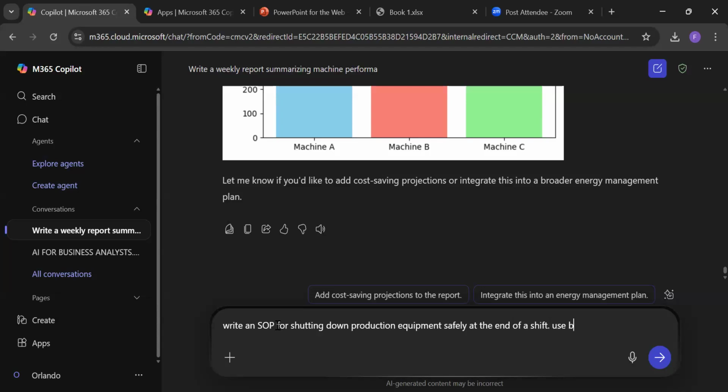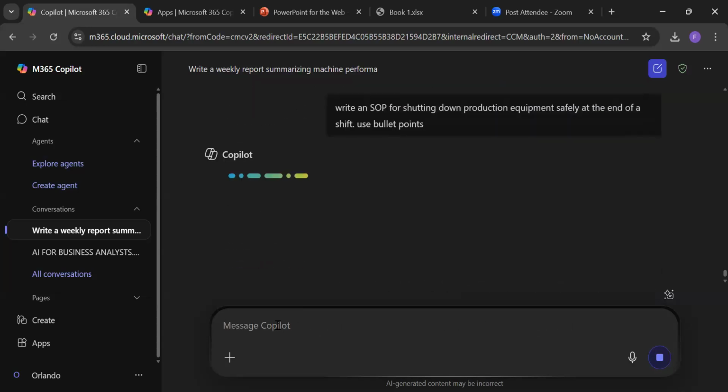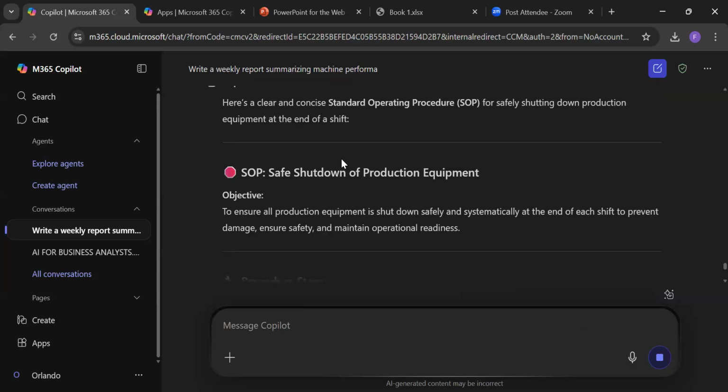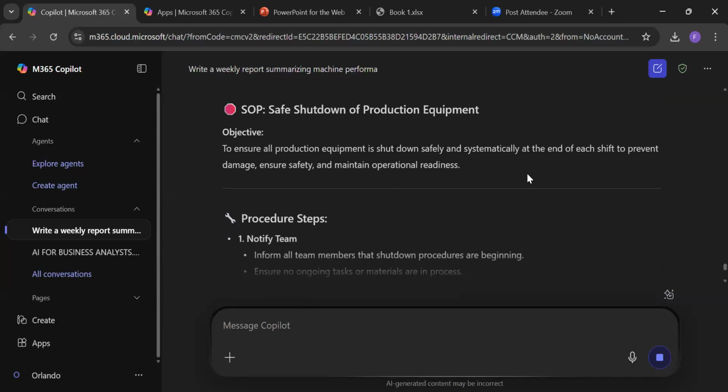I'll tell it to use bullet points. They created one for us. The objective is to ensure that all production equipment is shut down safely and systematically at the end of every shift.